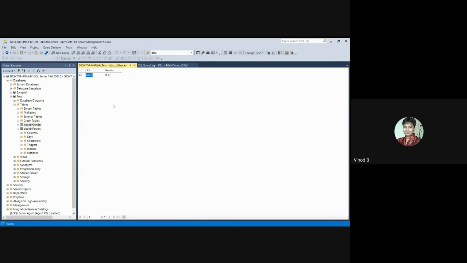So it shows this. It is showing ID and gender because I have only these two columns in this gender table. So here ID I'm giving 1 and gender I'm giving male, and in the second record I'm giving 2 as my ID, and in the gender I'm giving female. You don't need to save, it got saved automatically. Now